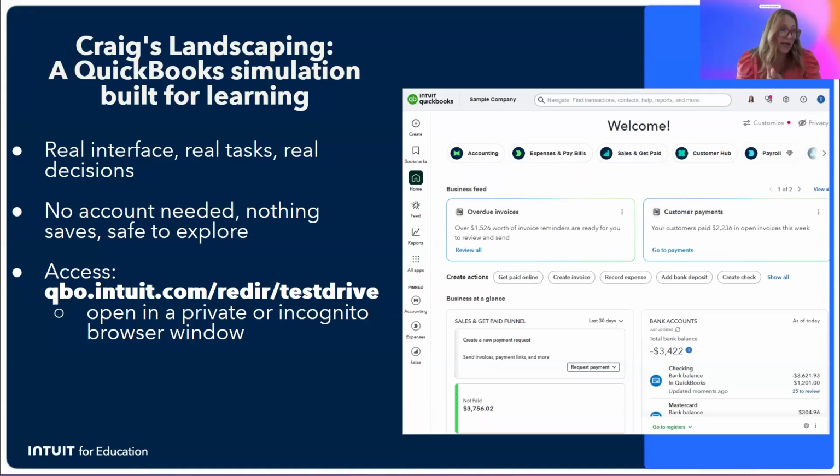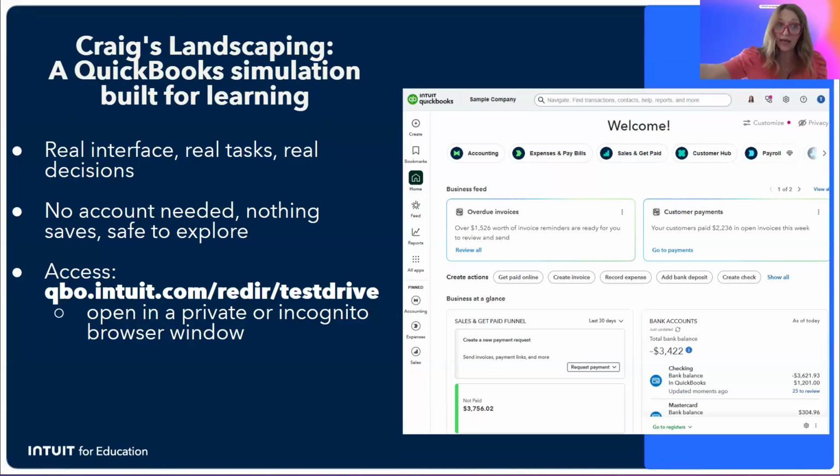The best part, right? What I think the best part is, it doesn't save. I know you said that was a bad part, that it didn't save. I like the fact it doesn't save, right? This test drive is a real business. It's already there. It has dollar amounts in it. And they're trying to create a report. The numbers are already there for them. It's not just like one line that they put in, right? It's the real business.